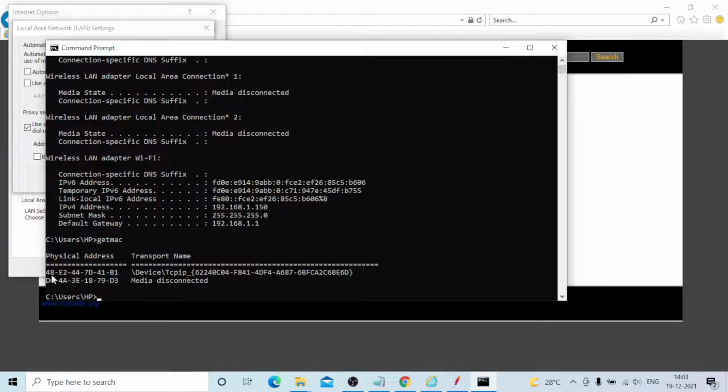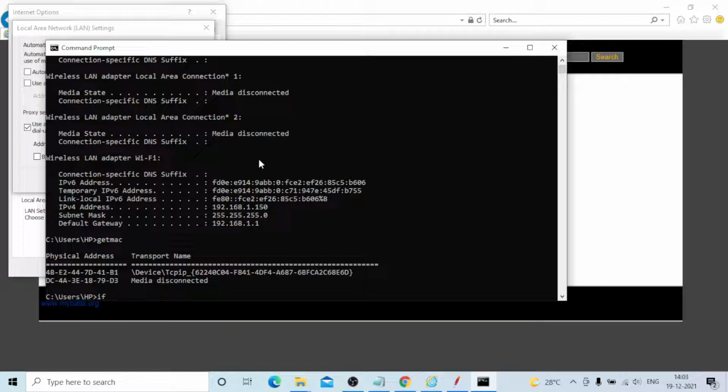Sometimes you need to work from AWS machines, or Azure or GCP machines, VMs. That time it's very important. You need to change the client from your local machine to the remote machine and transfer the connection. At that time you need to take these details. You can find the IP address with ipconfig, and type getmac to find the MAC address. On Apple computers, you can type ifconfig.